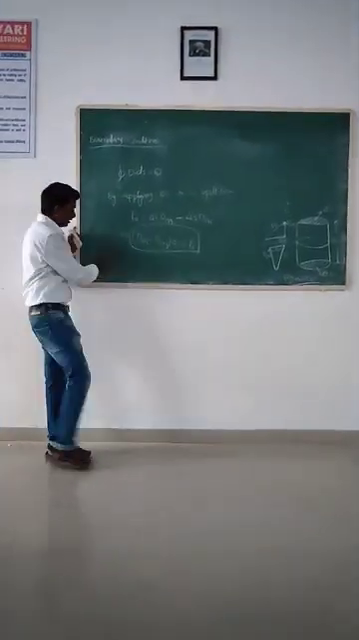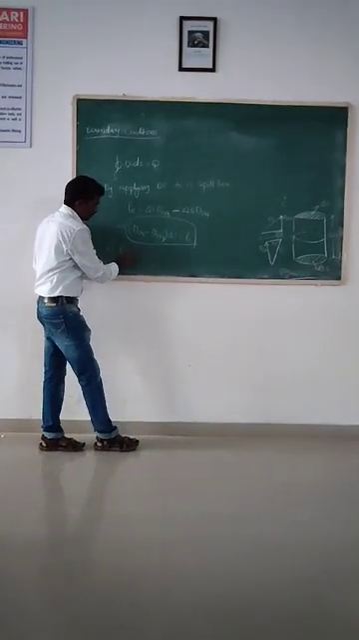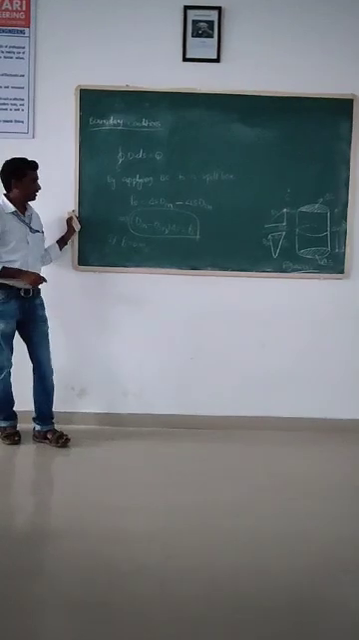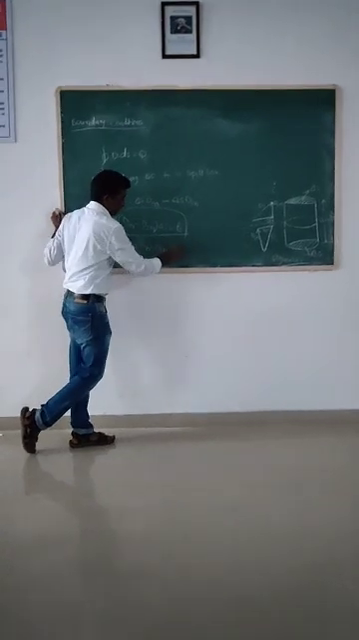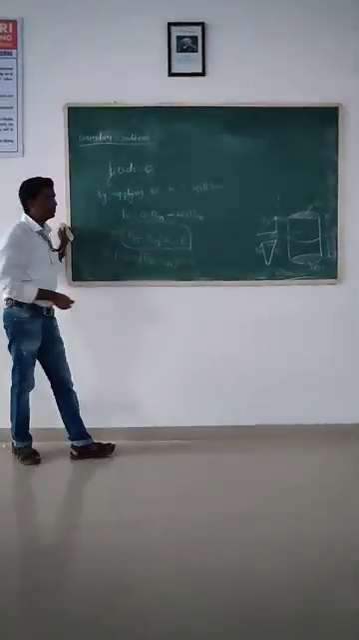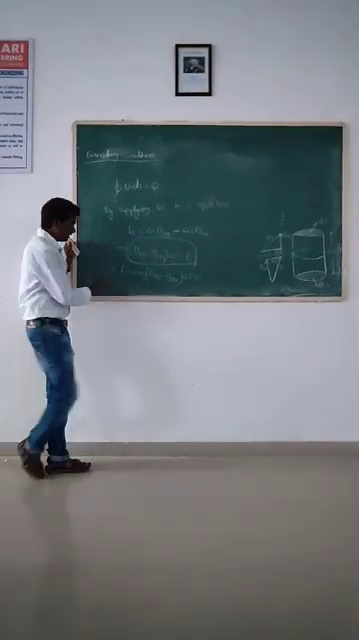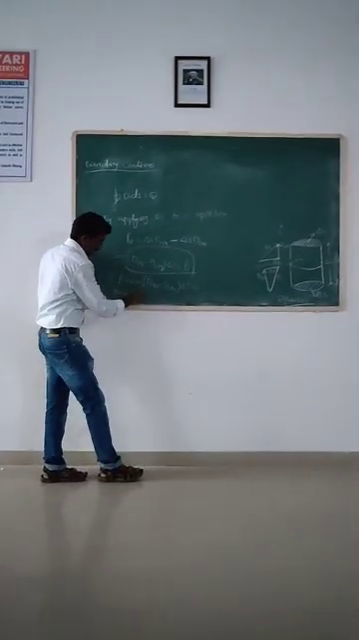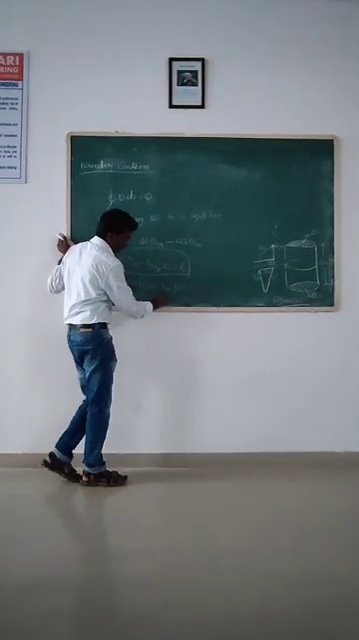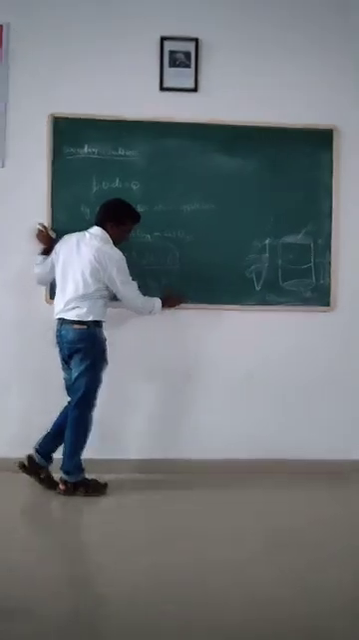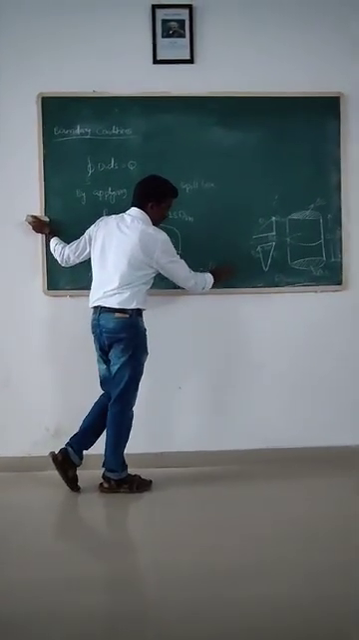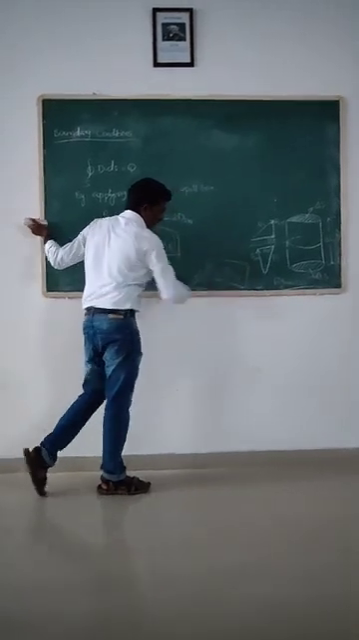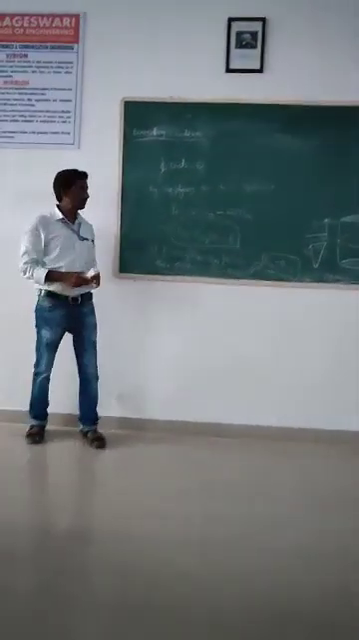If rho S is 0, meaning the charge density at the interface is 0, then we can write D1n minus D2n into delta S equals to 0. Then delta S cannot be 0 because it is the area. Therefore, D1n minus D2n must be 0. From this we can write D1n should be equal to D2n. That describes that the normal component of